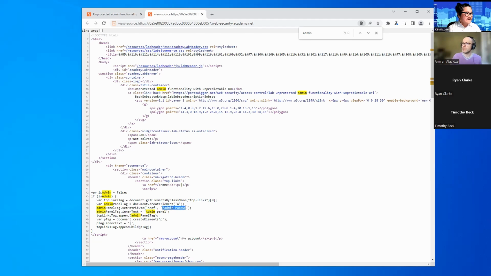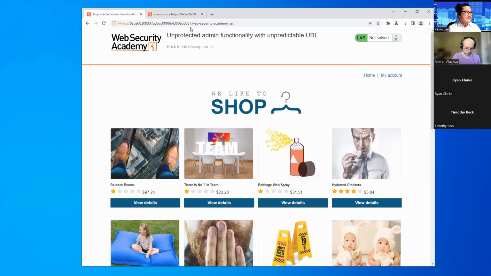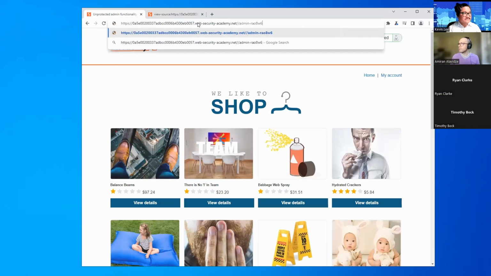So copy your admin endpoint over here, and then we're going to go back to the app, and we're going to tack that on to the end of our lab web app URL.